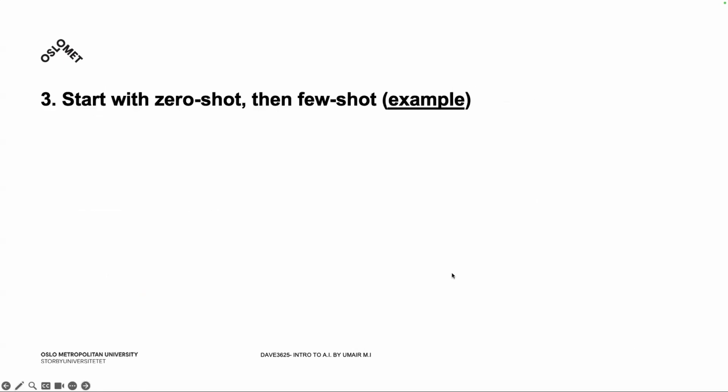Now, this is very interesting: a zero shot and a few shot learning example. A zero shot technique is where you ask the model a question and the model gives you a reply, and then you rely on the answer which comes out.